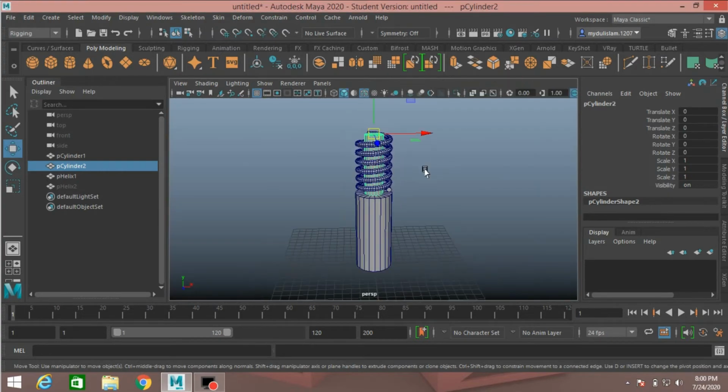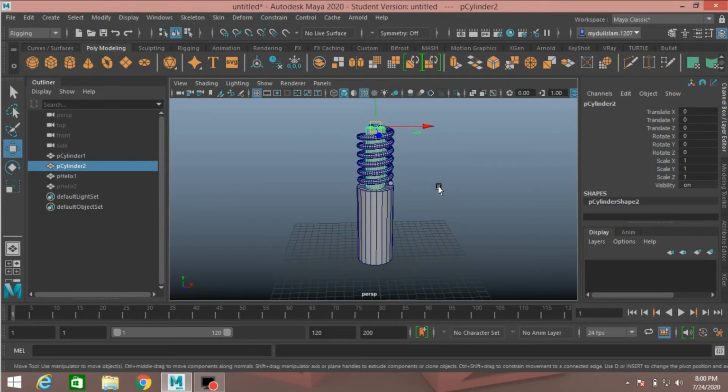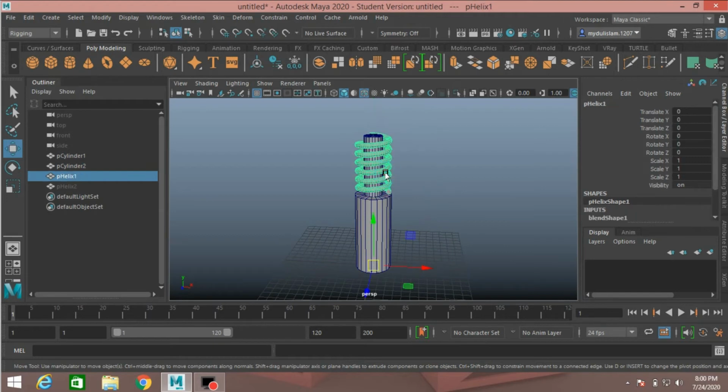Now again go to perspective view, first select the polyhelix 1, shift select the cylinder 1, press P to parent it.